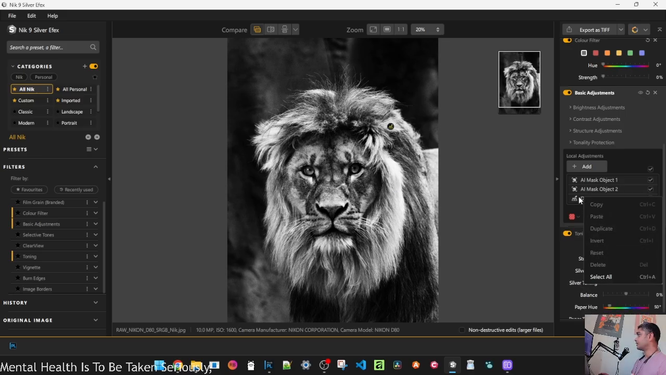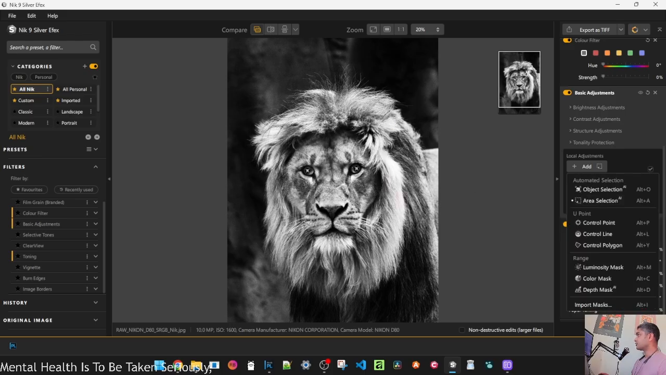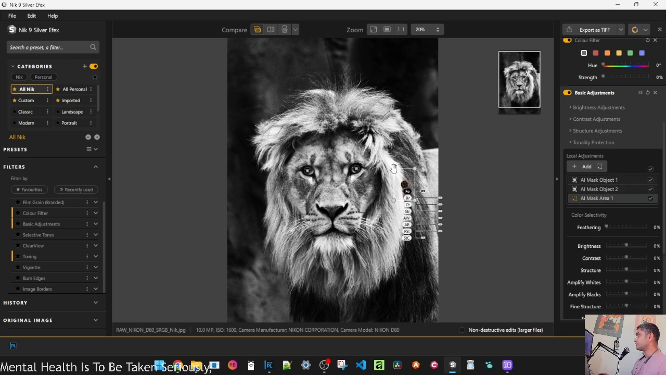Maybe I'll do something more automatic. So the area selection, let's try the automatic area selection. Probably this one will do the job. So amplify white, I can reduce the white section. I don't need to amplify the dark. I can just actually reduce the shadow. Now,